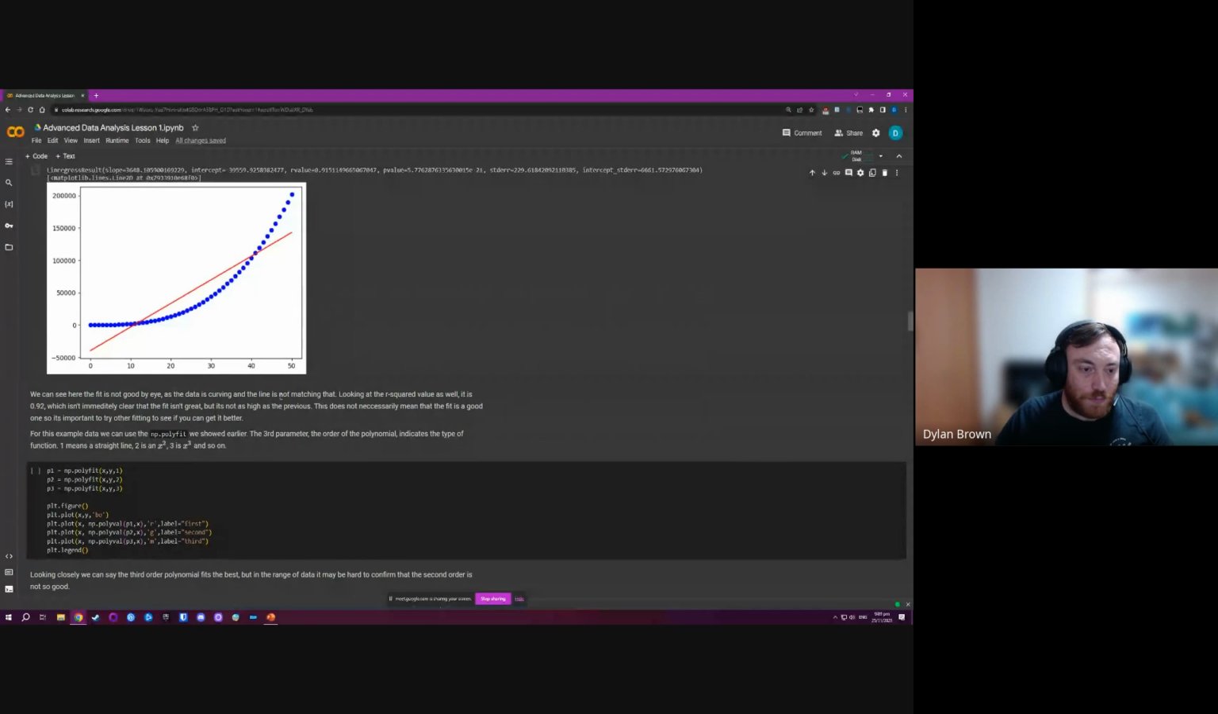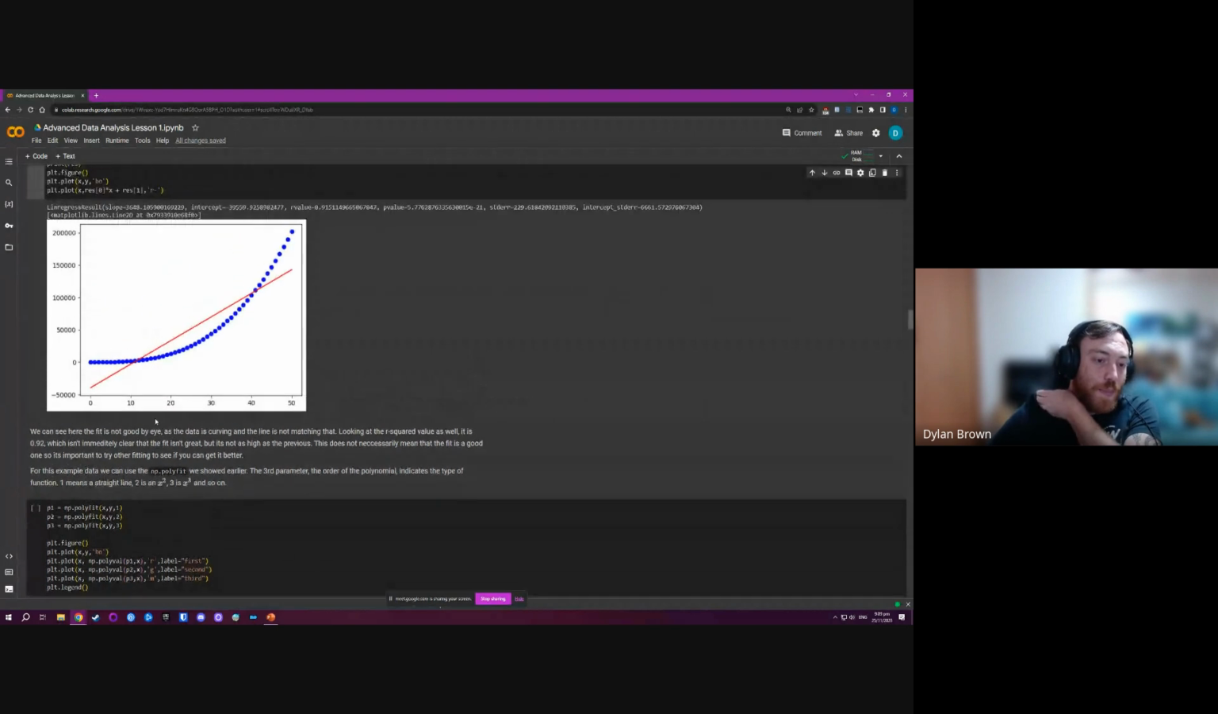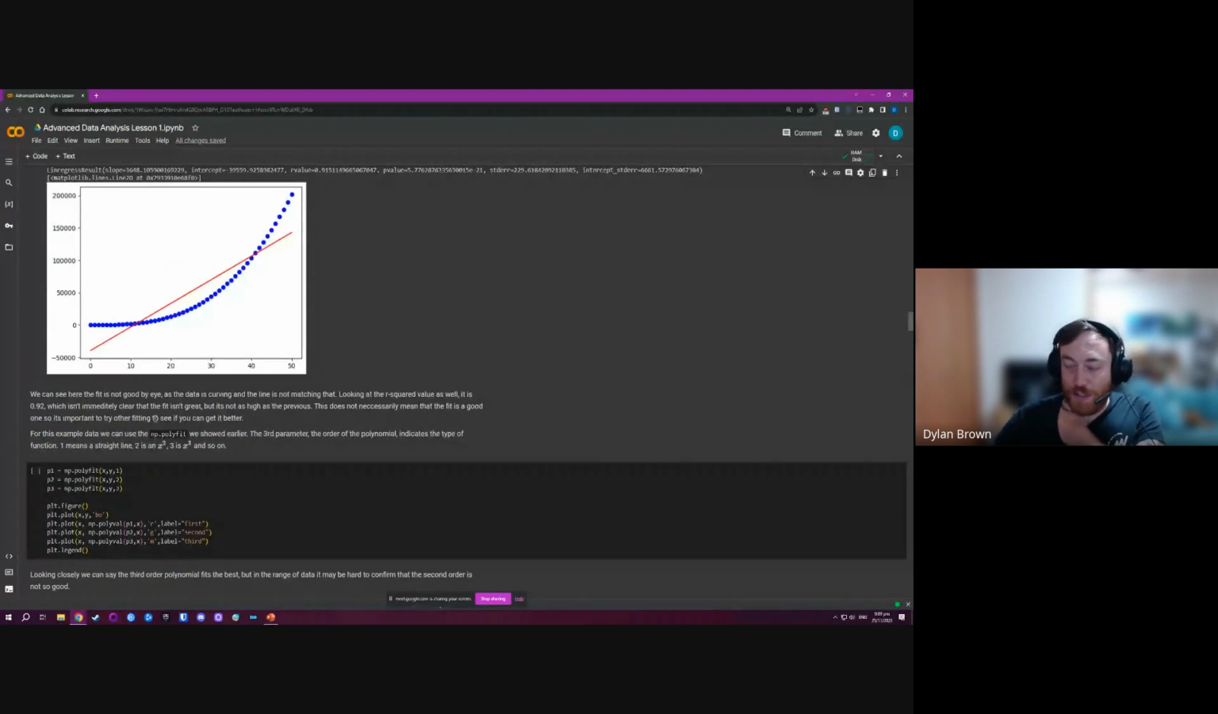So, like I mentioned, this is clearly not a straight line. What I can do is create different curves to try and fit the data with, and see if any of them fit better. Like I mentioned, polyfit allows the creation of polynomial functions. So that's something like